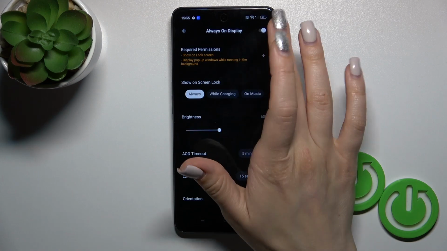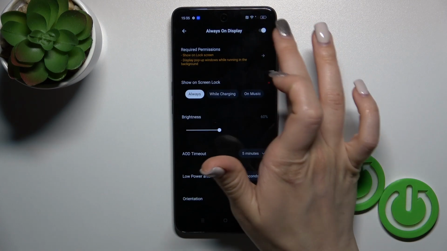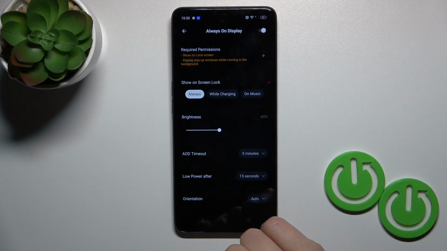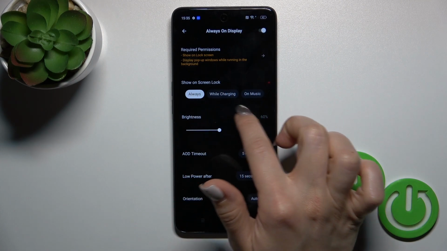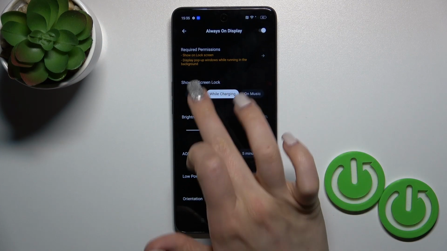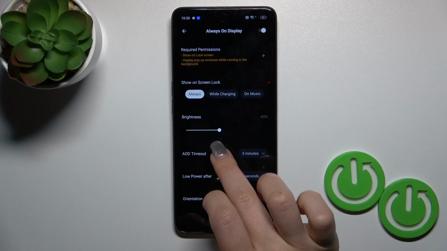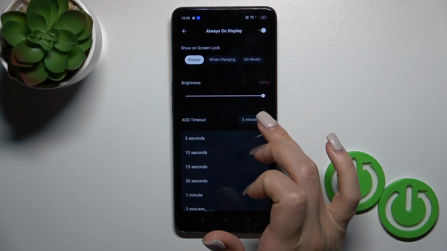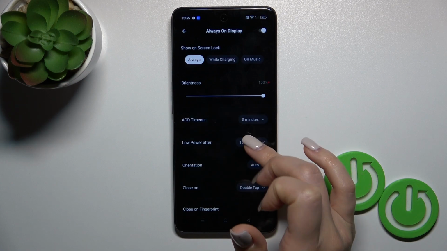Tap to AOD option. Here we got the switcher which you could activate and turn off the AOD option, to show on lock screen the AOD option while charging, on music, separately or together. You could use these options or always, to decrease or increase the brightness level, to switch AOD timeout, low power